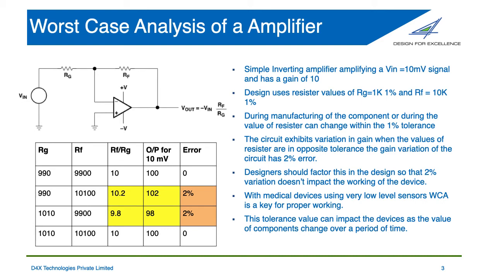If the 2% tolerance is not allowed, probably what he should do is to use multiple stages of this amplifier rather than a single gain of 10. Use the same 1% tolerance resistor, but have an amplifier with a gain of 5, followed by an amplifier of 2. Effectively you will be getting the value of 10 with a lesser tolerance impact. However, adding more amplifier stages brings its own problems of drift and other issues.